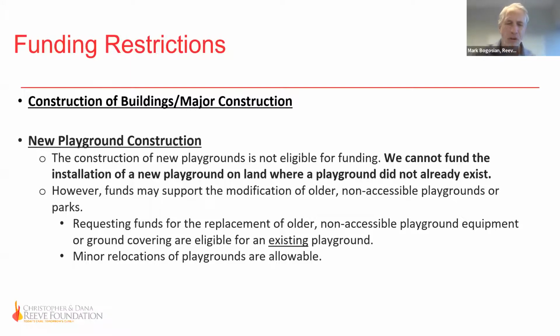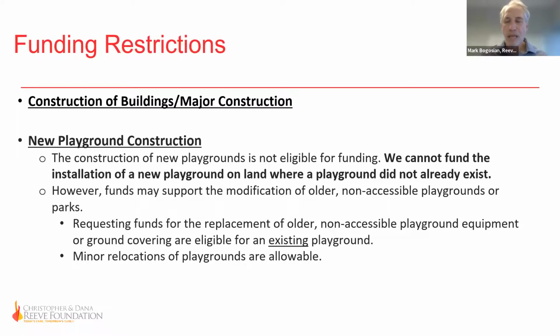Let me give you an example here. We see a lot of applications for fully accessible playgrounds in a school district or a town that currently has no inclusive or accessible playground options for children living with paralysis. The school comes to us with a proposal and says they're completely renovating the non-accessible playground to make it fully accessible and inclusive. Now, because they're replacing the older playground, we can fund that. We can fund things such as pour-in-place surfacing, or any of the inclusive playground structures, the merry-go-round,